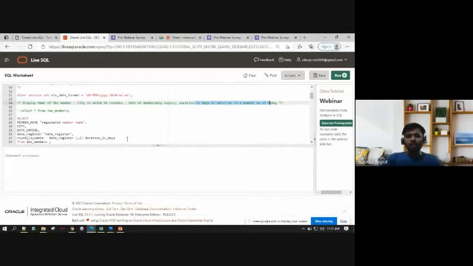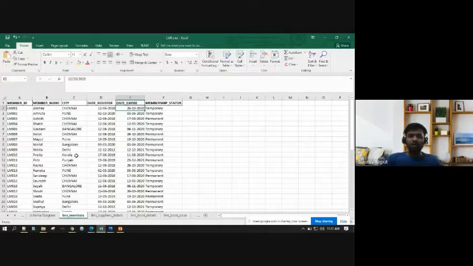So if you see, I don't have this duration in days directly in this particular data set, but yes, I can derive duration in days by subtracting your current date, right? Your current date with the date of expiry, right? I can do that, correct? So I can derive this. So the only source that I need is this, right? So that's the only table that I need.